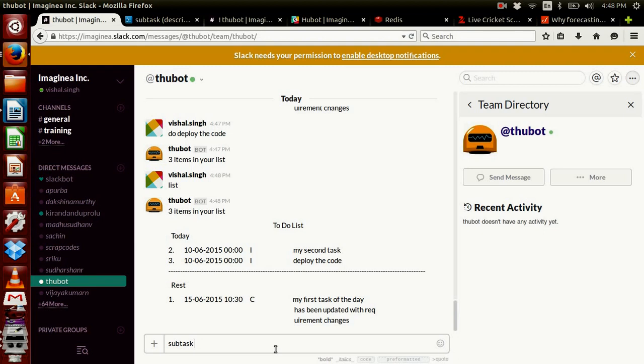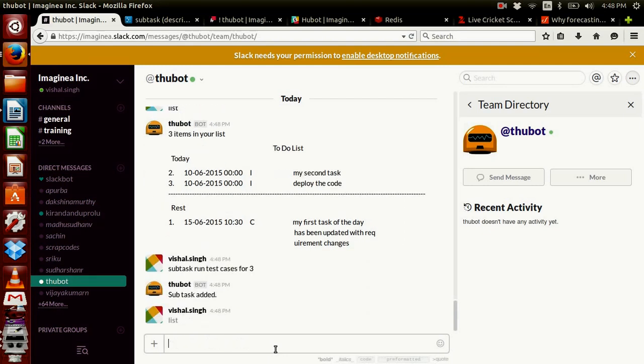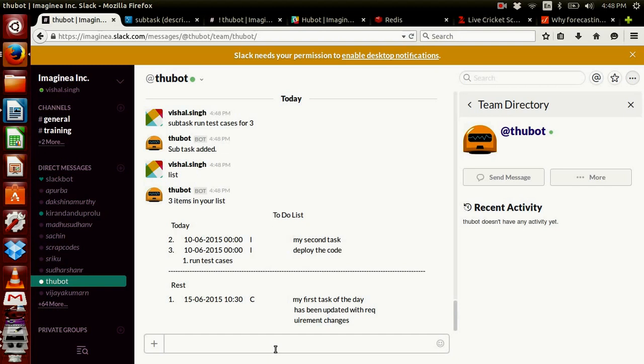My first subtask for task number 3, deploy the code, is run test cases. So subtask run test cases for 3. Subtask added. So you can see we have added one subtask under task number 3.